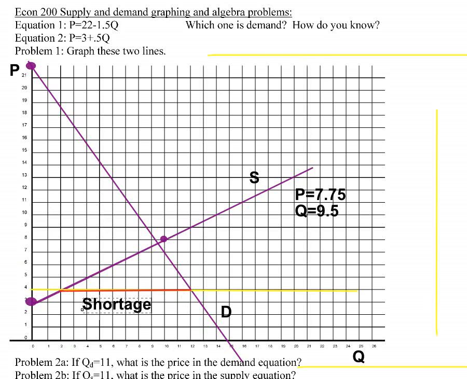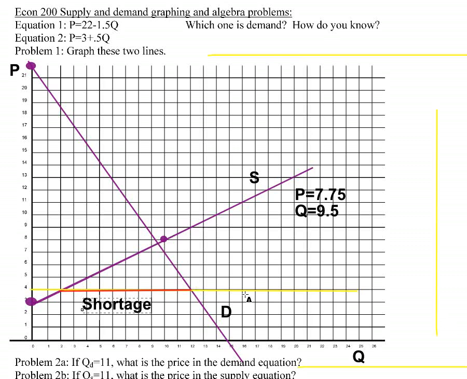Now, if there's a shortage of a product, that's going to put pressure on the price to go up. Picture 12 people trying to buy the product, but there are only 2 available. This is going to start a bidding war, and it's going to try to push the price up. Now, normally, when the price starts going up in a market, it's going to reduce the amount people want to buy as the price goes up, and it's going to increase the amount people would like to sell until we